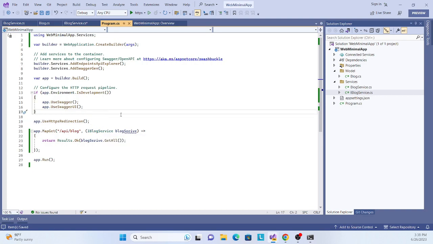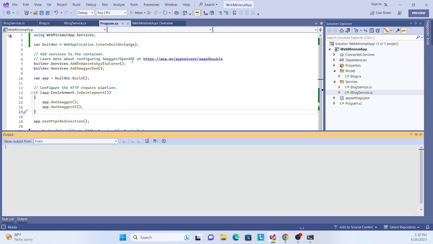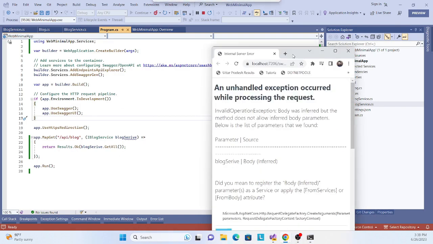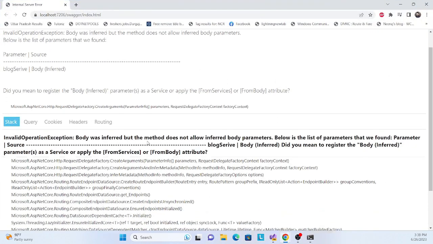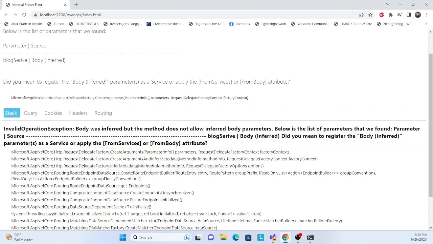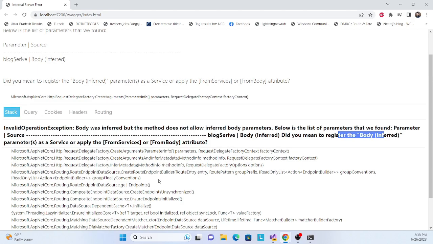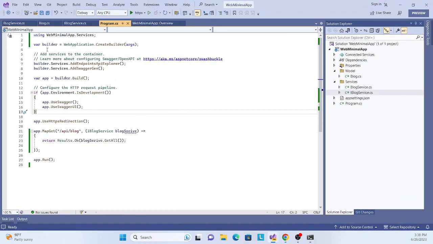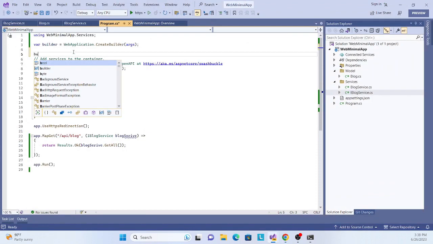I'm expecting one error. Yeah, because I know, so you also have to know, that's why I'm not resolving that error, so that you can see what that error is during implementation. Okay, see, this is getting the error, and it is saying, did you mean to register IBlogService. Also it is saying something about BlogService. We are injecting BlogService, but we are not resolving it. So how can we resolve it? Simple, just provide here